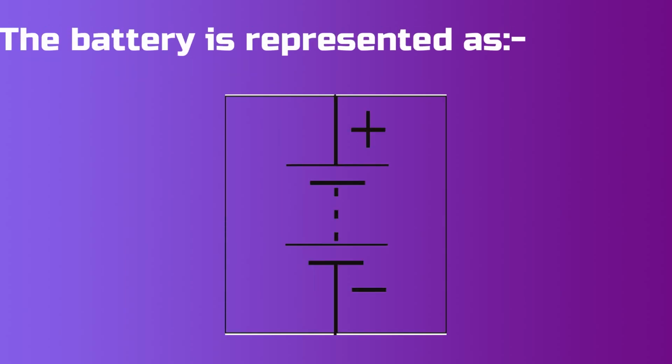The battery is a combination of 2 or more cells joined together. Please note that in the symbol of a battery, the positive terminal of one cell is joined to the negative terminal of the other cell. We can also draw the symbol for a battery having more than 2 cells in a similar way, but in every case, the positive terminal of one cell will be connected to the negative terminal of the adjoining cell.